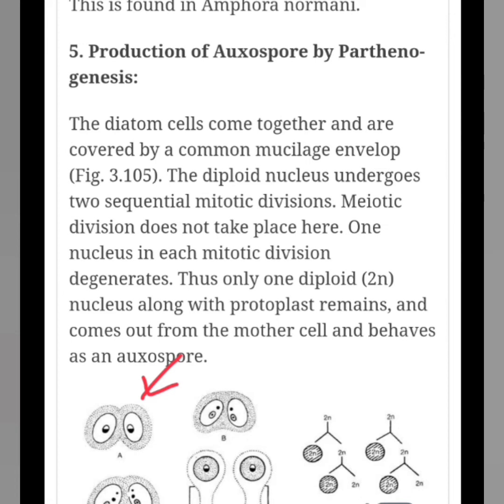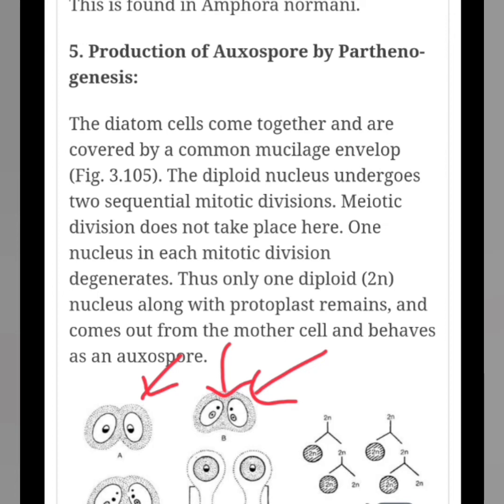You know that in meiotic division, from a single cell we finally get 4 cells, right? At the end of meiotic division, we have 4 daughter nuclei, but in this case meiotic division does not take place. Instead, mitotic division occurs. So we know that after mitotic division, 1 nucleus will give rise to 2 daughter nuclei. So you can see in each of these cells in figure B, we have 2 daughter nuclei. Now 1 nucleus here will degenerate. As you can see clearly in this figure, in each of these cells, one nucleus degenerates